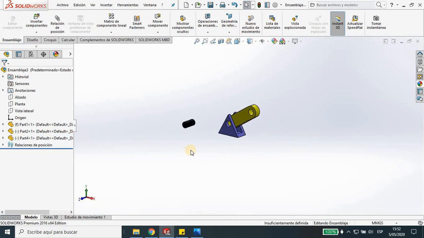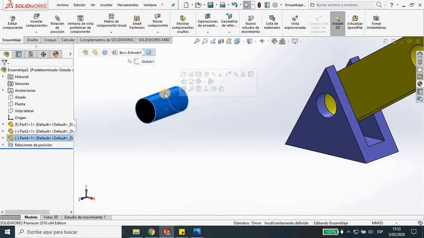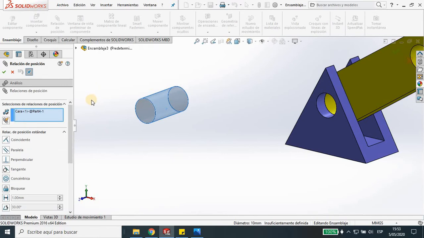So what we have to do now is make one relationship between this entity, the black one, and this yellow one, or this triangle. So select, and we can see, we can do like this. Around this pin, we can choose and make one relation between this entity and the triangle. So we can say relation of position, and we can put